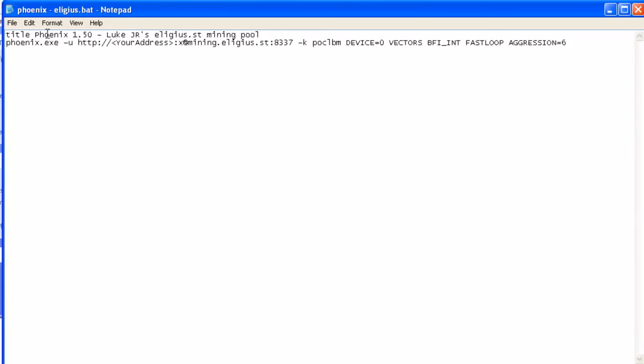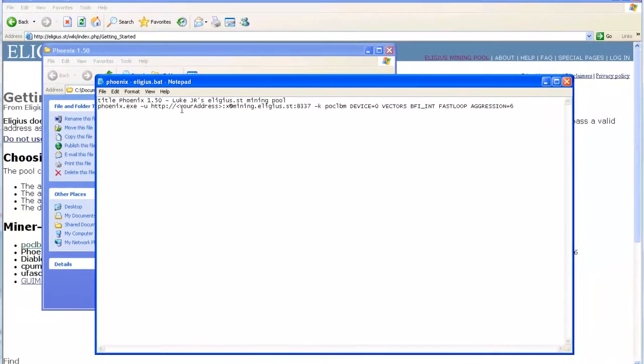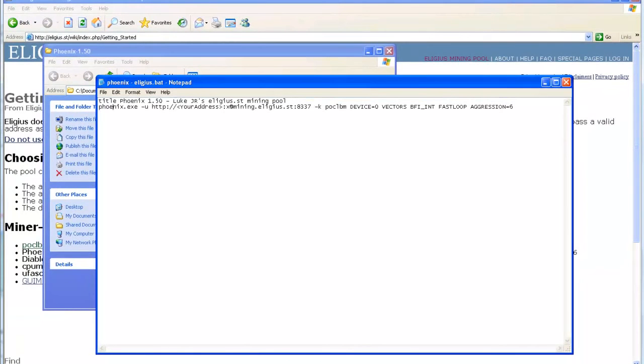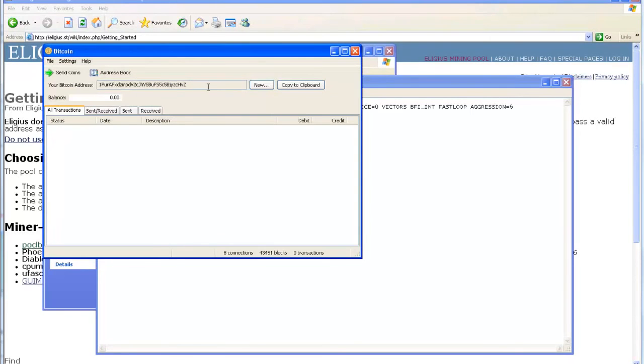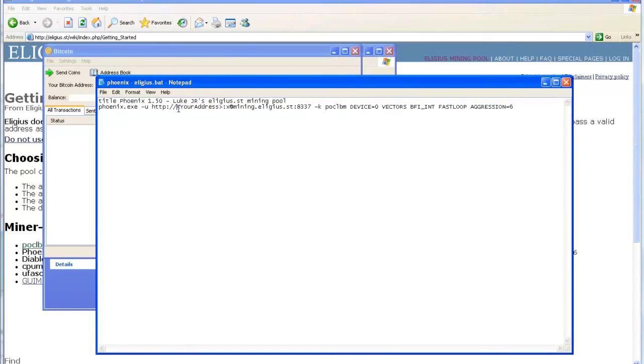A batch file executes all the commands that you list in here in the old DOS mode or command prompt. And the command for this is phoenix.exe /u for username. And here is how you're going to tell it who you are, like who to send the Bitcoins to. So you select your address here, or you just click that copy to clipboard. You go over your address, you paste it in,